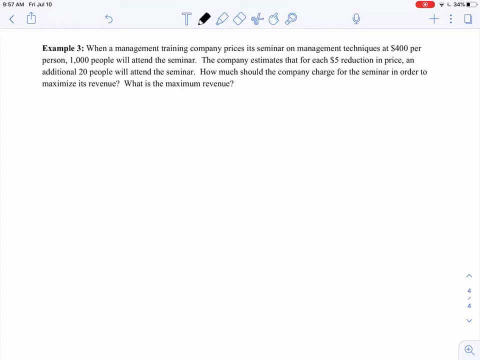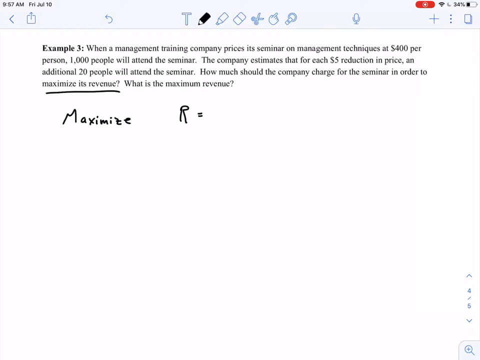seminar. How much should the company charge for the seminar in order to maximize its revenue, and what is its maximum revenue? So we're dealing with revenue again. We want to maximize revenue, so we want to maximize